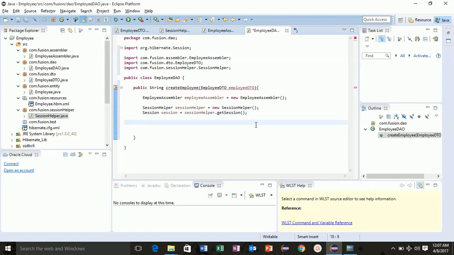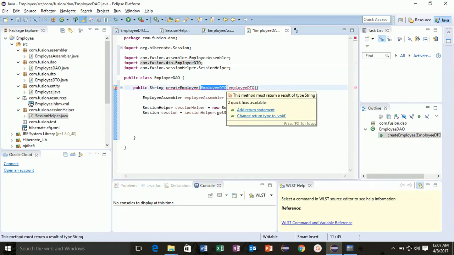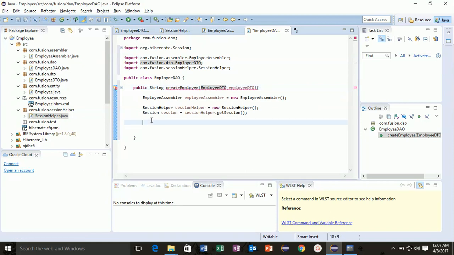So now we need to persist our entity to the database. But here's a catch. The catch is we are transferring our object with the employee DTO. So we need to convert this employee DTO to entity. For that, first we start the transaction, begin transaction.